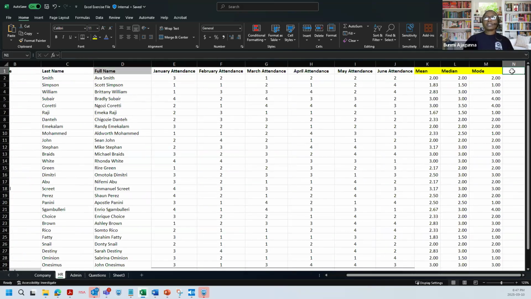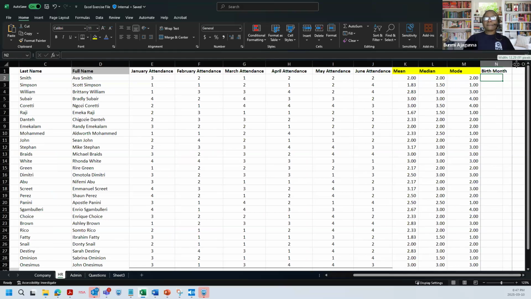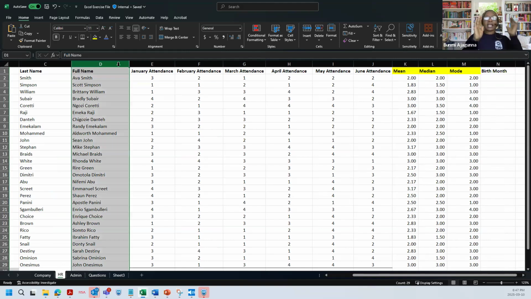the birth month. So just go to the end and type in birth month, because this was not part of today's exercise. All of you should have your full name in the D column. If you had added another column, it's fine. Maybe you were trying to look at the different formulas that we had for all the different things and you put it in another column, it's fine as well. For the purpose of this, we have it on the D column. You might have it on another column because you might have added more columns.